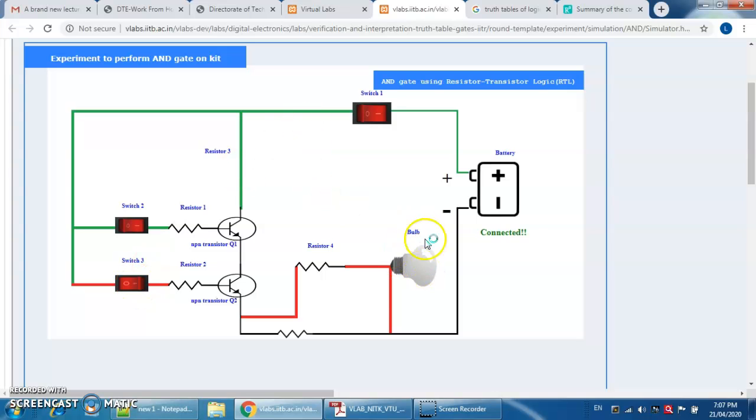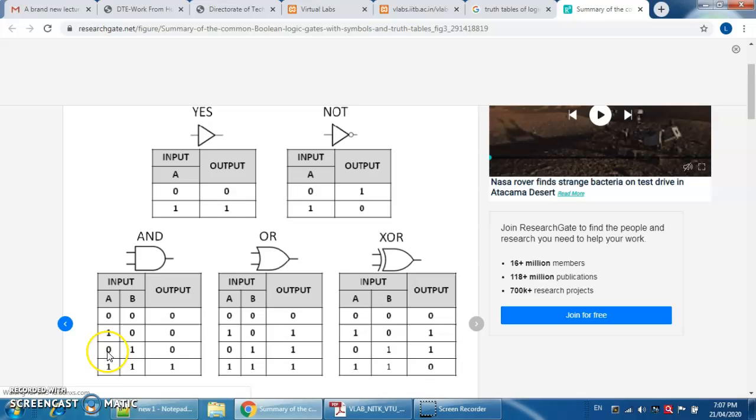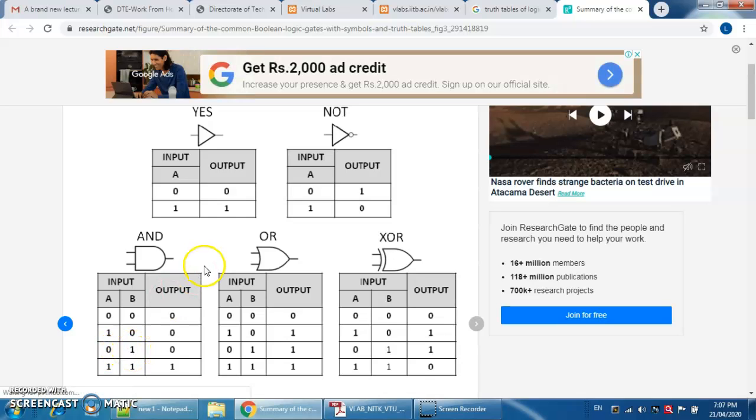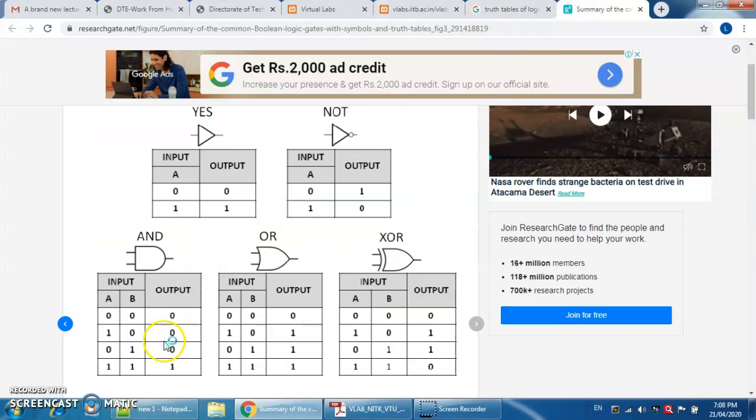The output is 0, the light is off, so we have verified the second position. The third position is A is 0 and B is 1. The output should be 0. I make A 0 and B 1, and the output is still 0, so we have verified the third position also.